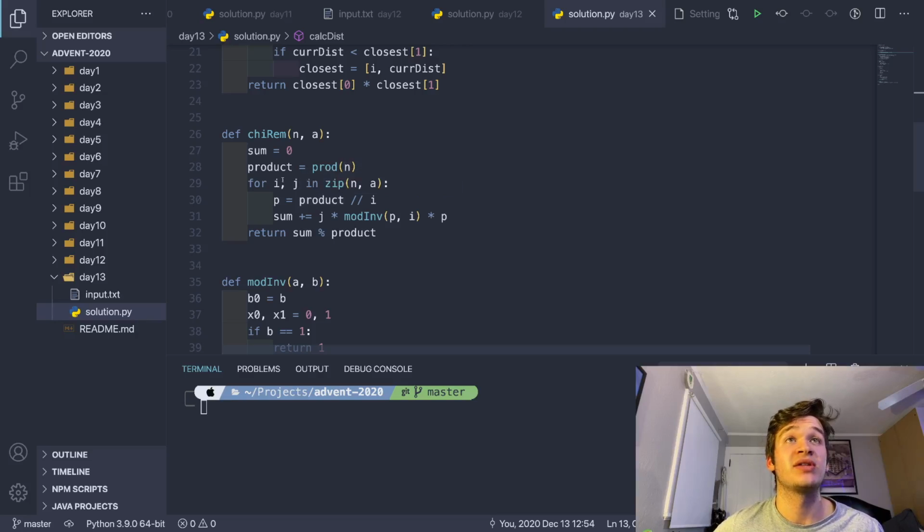So then what I'm doing is I am using the zip function here to loop through both the n and a lists that got passed in simultaneously, and assigning those to be i and j. So then what I am doing is we have p, which is going to be the product of the entire list, divided by whatever we're up to in that n list. And then we have our sum, which is going to get added to it, j, which is whatever we're up to in that a list, times the modular multiplicative inverse of p, which is that product that we found just then,